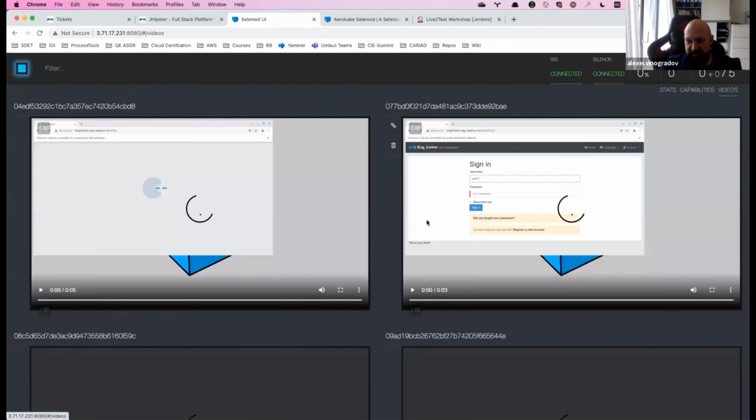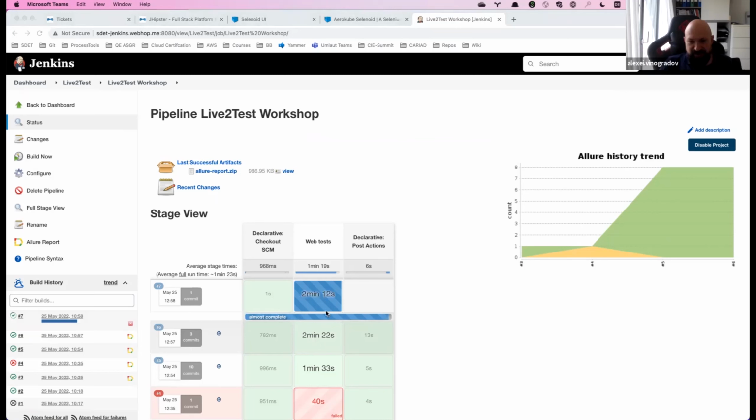So this is a test, and every run of this test is running one after another. After this job is ready, we probably need another minute. We will see that it was working with 2 threads. At this moment you don't see any time benefit in it yet, because the video recording is making the tests slower.